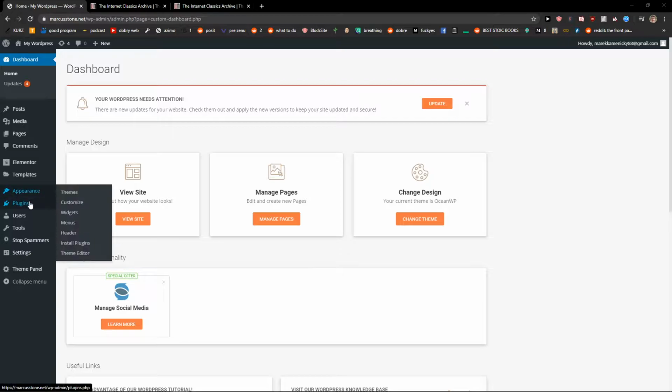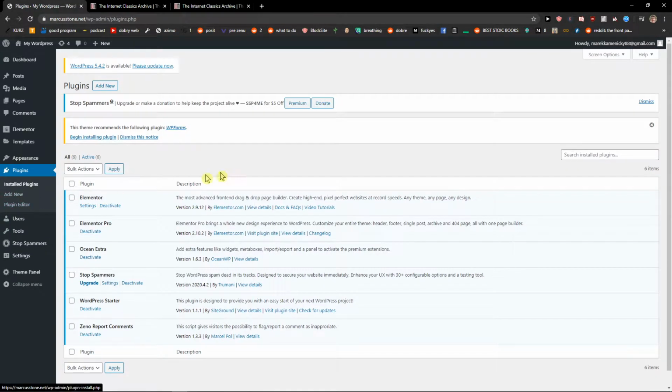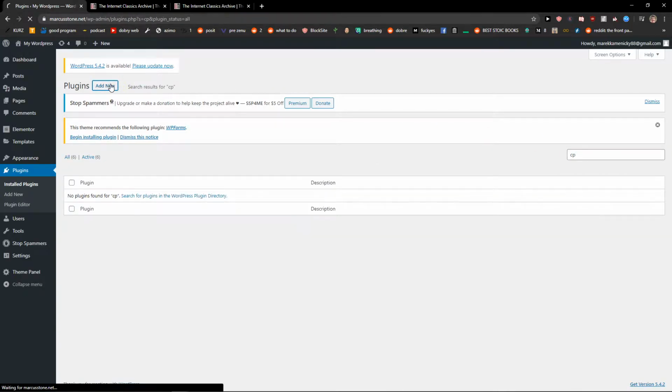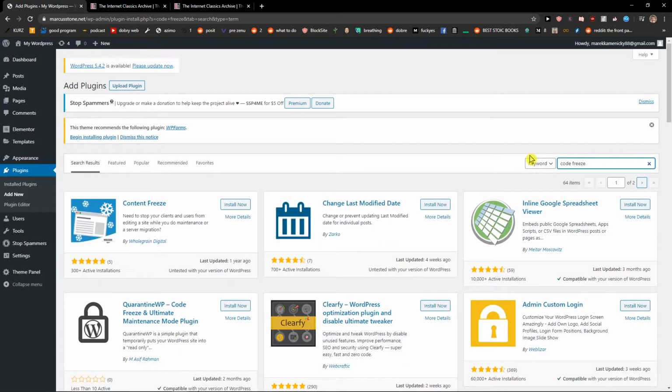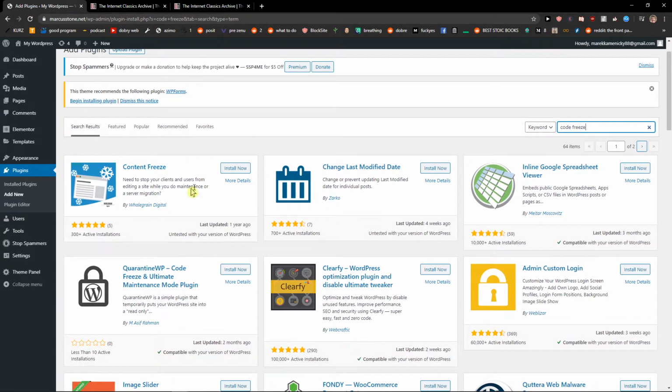So let's start. The first thing you want to do is just click plugins, and when you're here you want to write code freeze. Just add a new plugin, code freeze, and now you're gonna see it here, content freeze, install now, activate it,